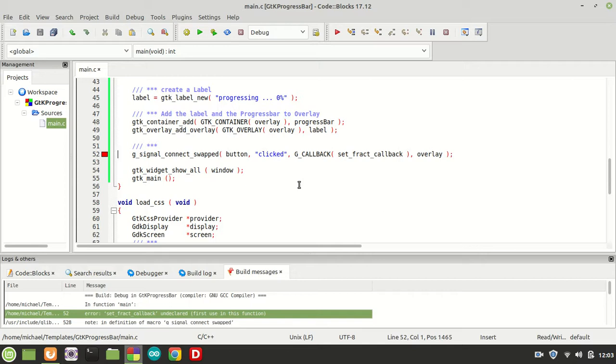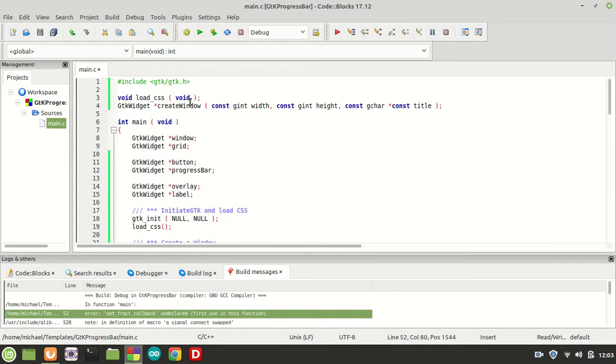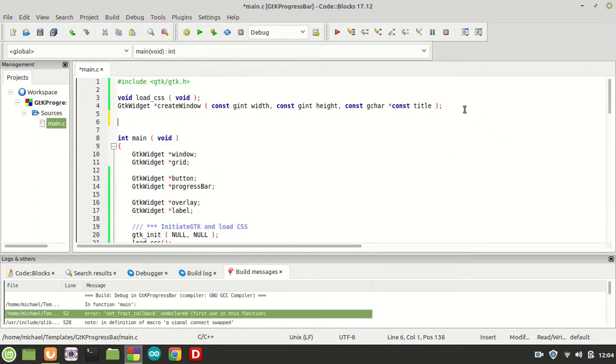The next thing we are going to do right now is create the set fraction callback, because this is the function which basically updates our progress bar once we click the button. Anyway, I'm not going to use GObject set data or data file in this video. I'm going to use another approach, to be sure that you understand that there are a lot of ways to get access to children from